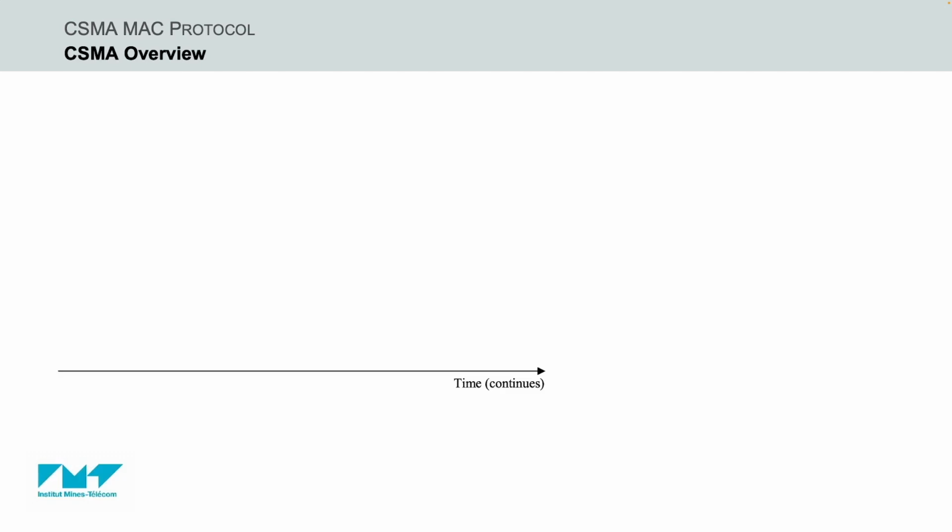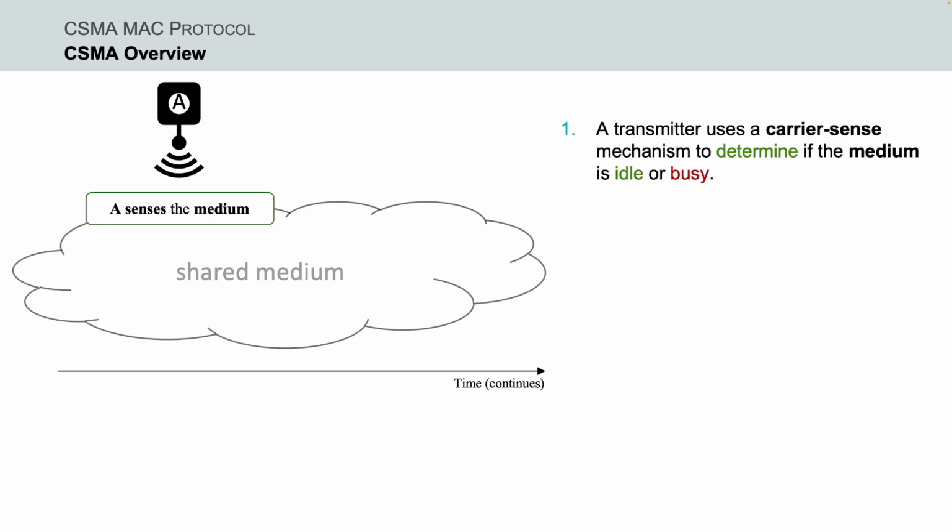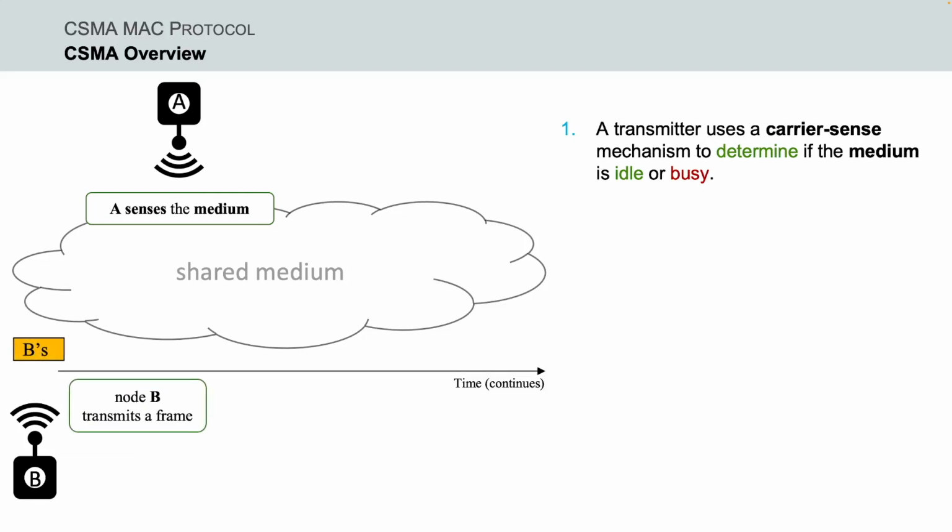Let's assume that the time is continuous and that our communication medium is the air in this example. Unlike the Aloha-based protocols, under CSMA, a transmitting node uses a carrier sense mechanism to sense the shared transmission medium to determine if it is in idle or busy state. In other words, it tries to detect the presence of a carrier signal from another node before attempting to transmit